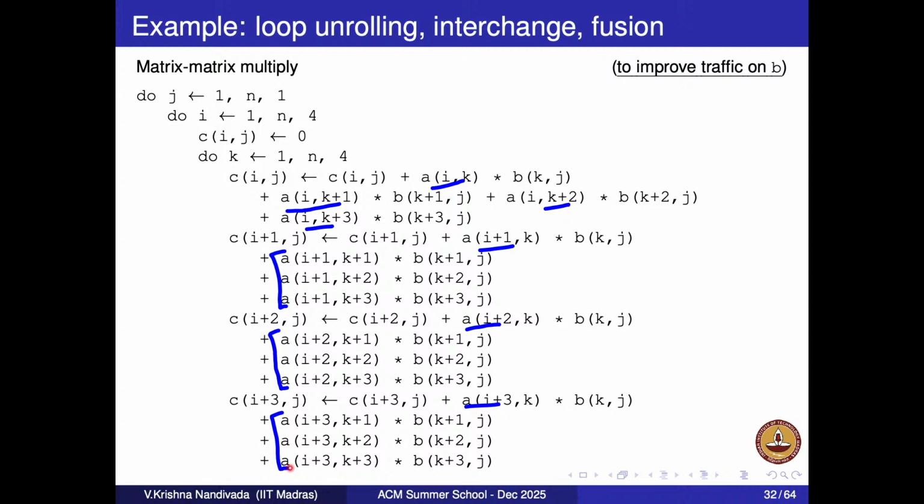If you remember, when we unrolled the k loop, we could see this. What happened to the B? B was the problematic one, if you remember. Let us see what is happening with B. I am loading B k j. If I load B k j, what will come in the cache? B k j plus 1, B k